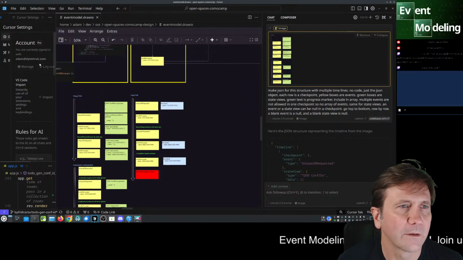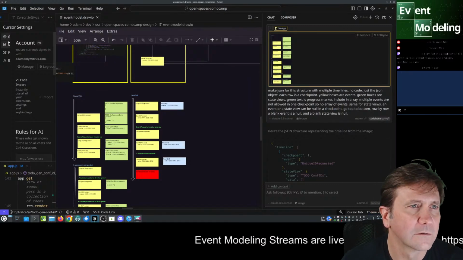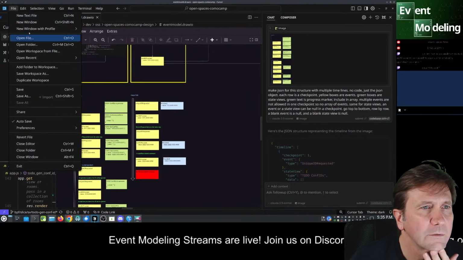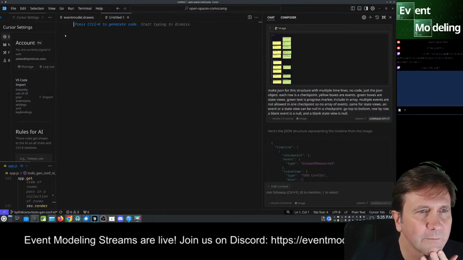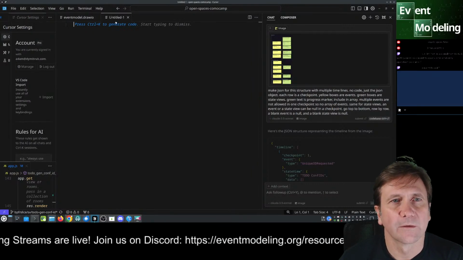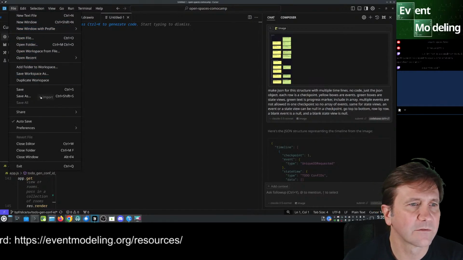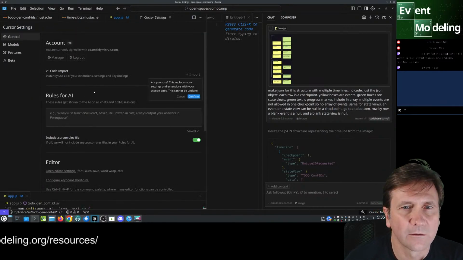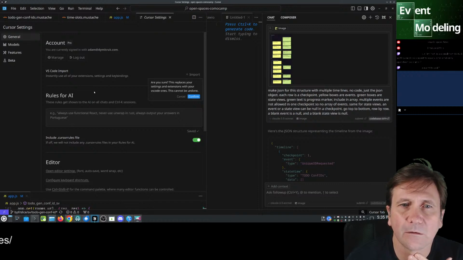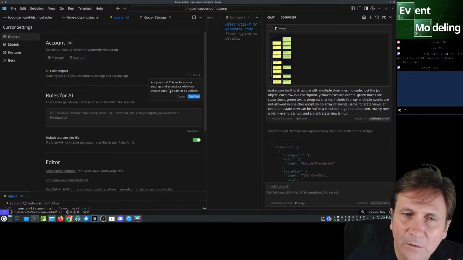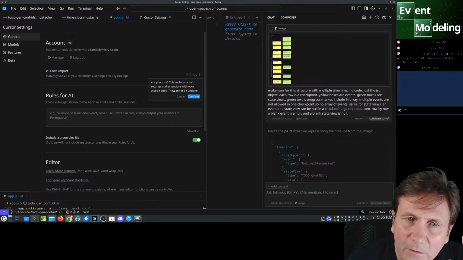And then I will add a new text file. And file save as. Cancel.